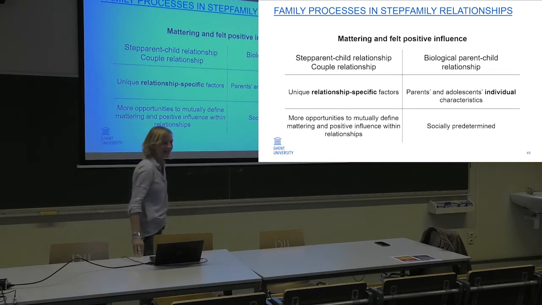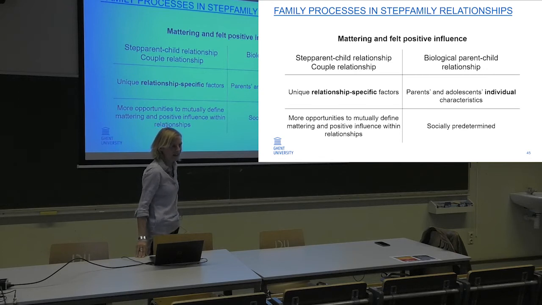Sure. I don't know the extent to which this model is also being complexified, because in a family system, I think that not all the relationships are on the same level. So, for example, the couple is a sort of relationship that could also influence the other relationships. You see what I mean? For example, co-parenting could moderate the way that an adolescent is important for the step-parent. Yeah. And so I think that there are also moderating effects within.